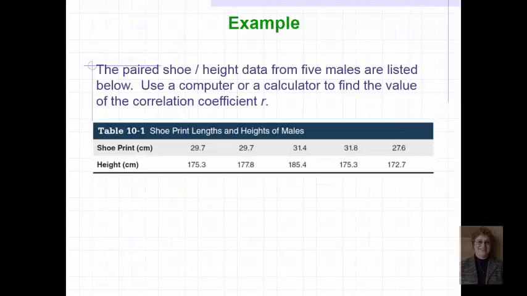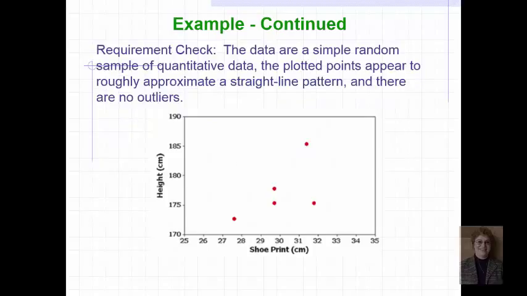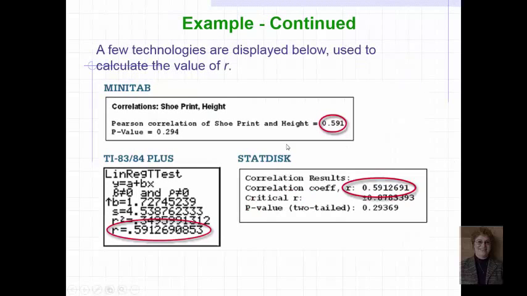Here is our example, our shoe print length and our height. You can see this data table on page 529, and the first thing we're going to do is graph it, and you can see it's kind of linear. We start low and we go high. It does look like we might have an outlier or an influential point here, but let's continue. And here is the output that we get from Minitab, StatDisk, those are computer programs,